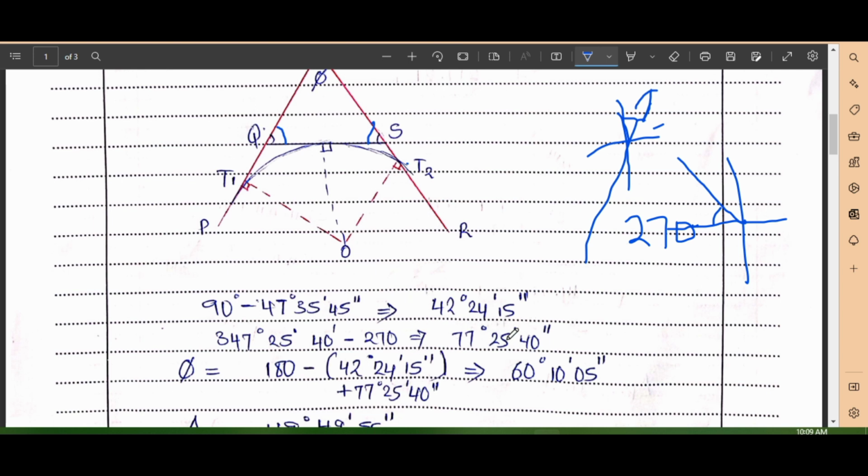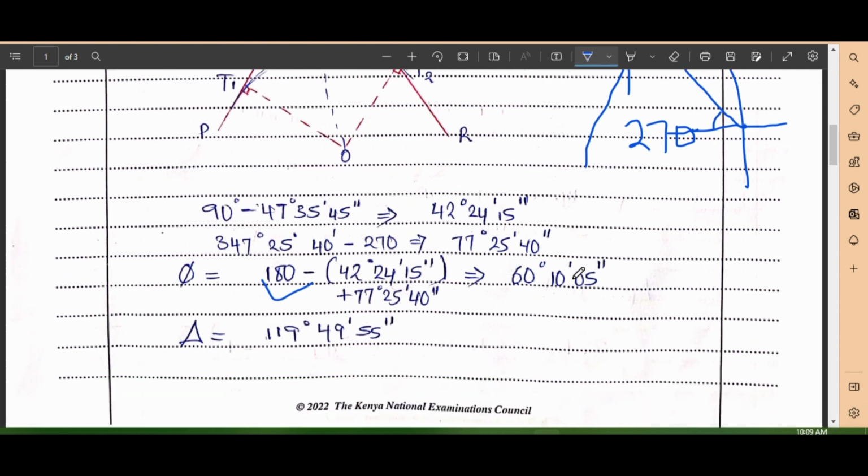So it will be 77 degrees 25 minutes 40 seconds. So that will be my angle, my internal angle there. Having calculated that, I add both those angles and subtract from 180 degrees, and I will have found my angle of intersection as 60 degrees 10 minutes 5 seconds. So if this is my angle of intersection, my deflection angle will be 180 minus the intersection angle that we have gotten here, and my deflection angle will be